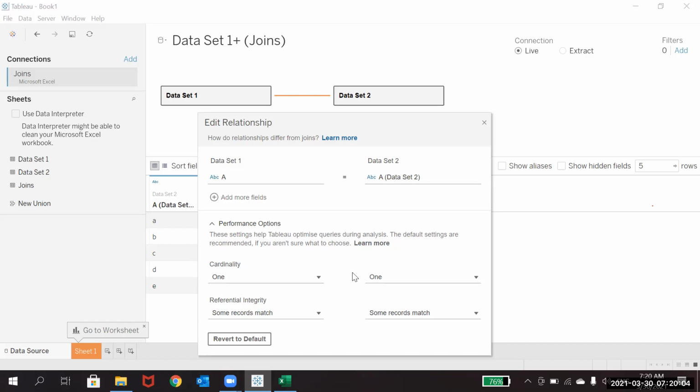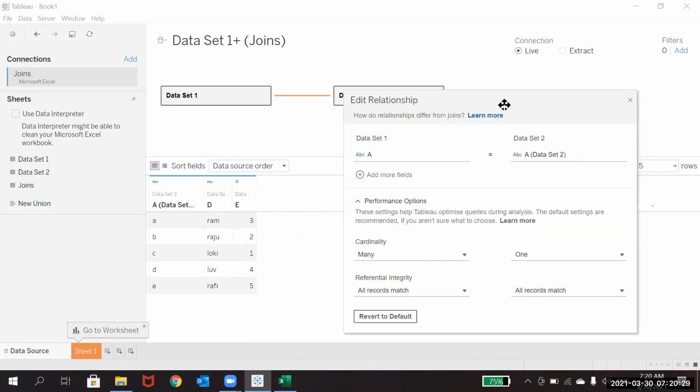The same way, even if you observe our joins, let's say this is your primary data set, which says many, and you need only one column from here. What you can do is all records which will match from here, and some records which will match here.